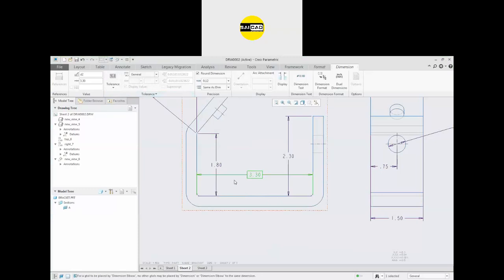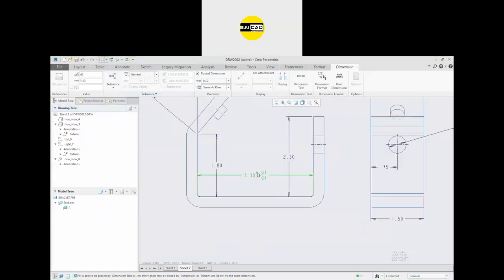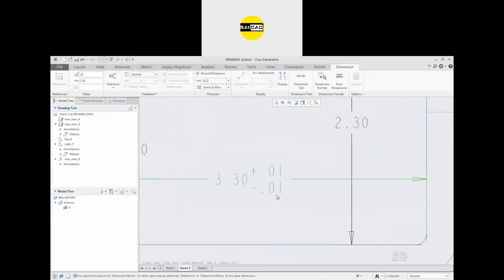We have the box here. Go to the limits. We have the plus minus value here. Go to the plus minus. You will see the tolerance value in the plus or the minus from here. Or go to the symmetrical. It will be plus minus some value here. So in this way you can select your tolerances.